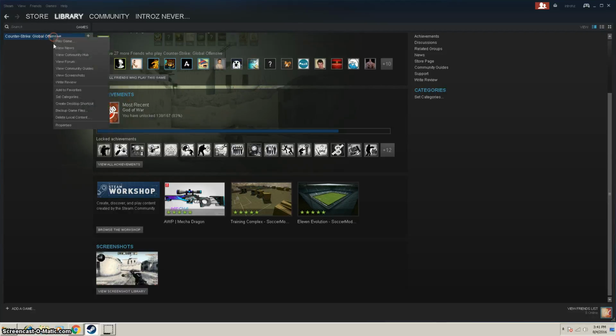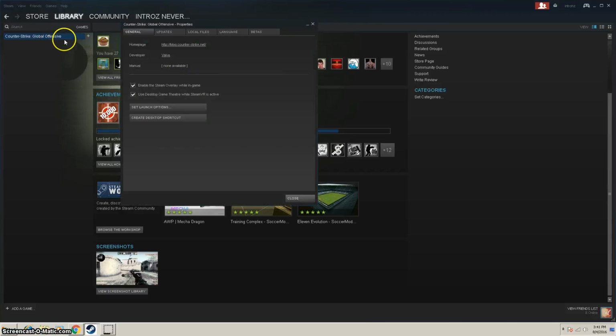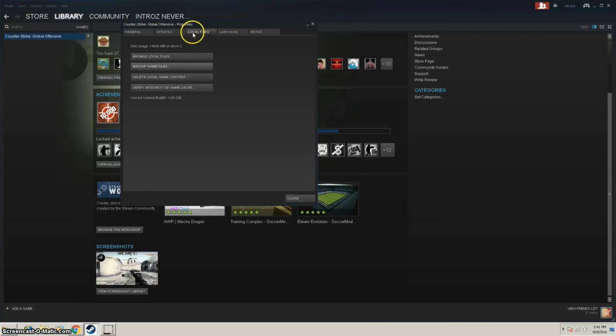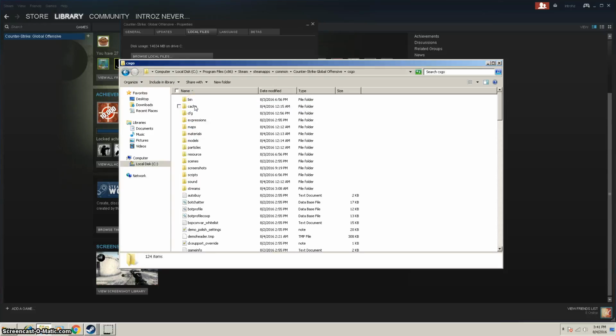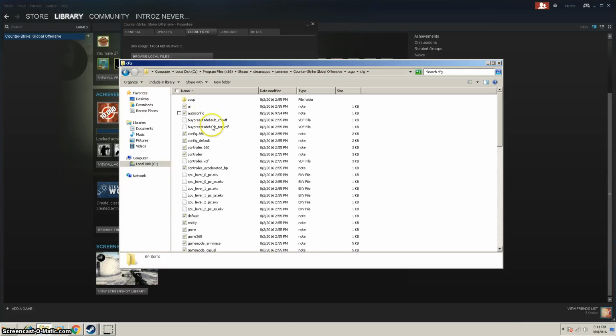So what we're going to want to do is go to Counter-Strike Properties at the bottom, go to Local Files, and go to Browse Local Files, and here you'll see CSGO, the folder, and you're going to click on that. You can go to config, and right here you're going to see any of these files that are actually .cfg files. So what you're going to click is maybe config.360,